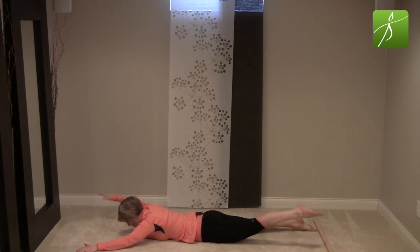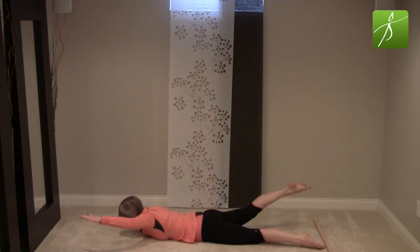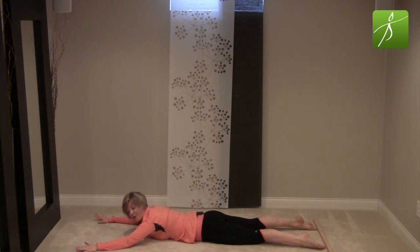Last two. And last one. Now let's keep your feet down. Your arms are going to start overhead like they are at this Y position. From here, float your